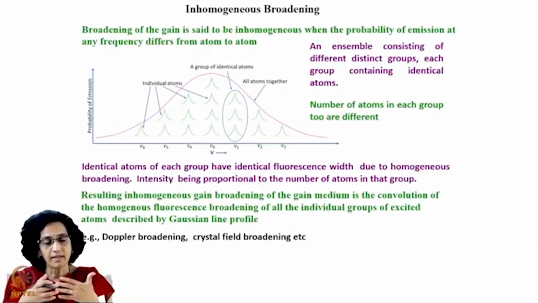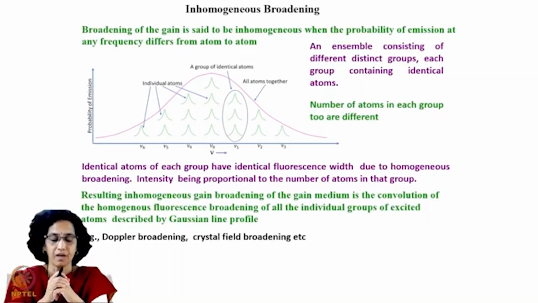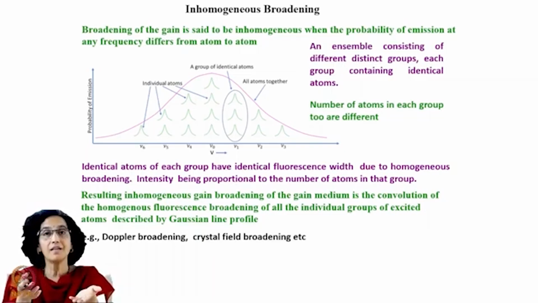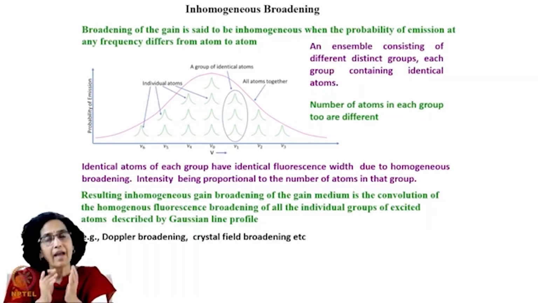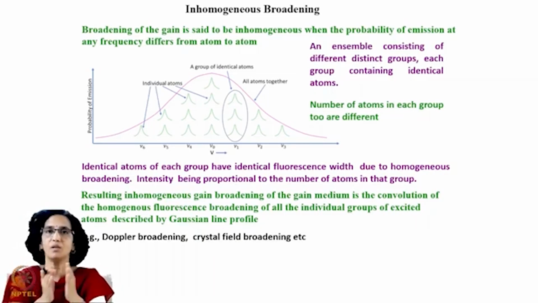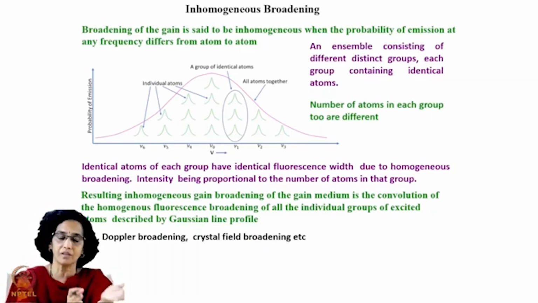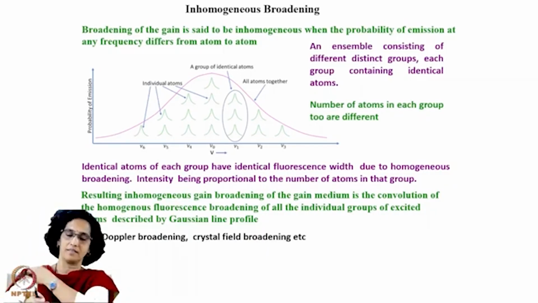Now, there is another kind of broadening, which is called inhomogeneous broadening. This broadening, as the name itself suggests, is called inhomogeneous because the probability of emission of a frequency can differ from one group of species to another group of species to another group of species. For example, let us now consider such